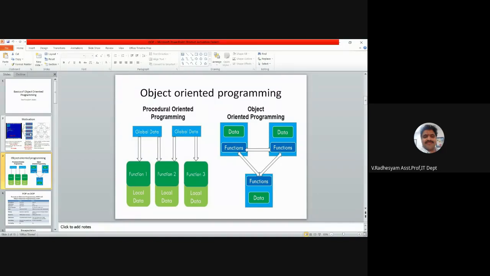Can anyone name examples for object oriented programming? Example languages for object oriented programming?